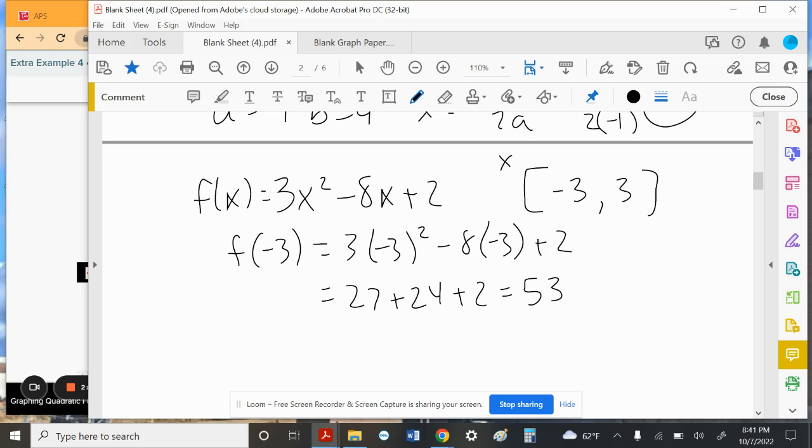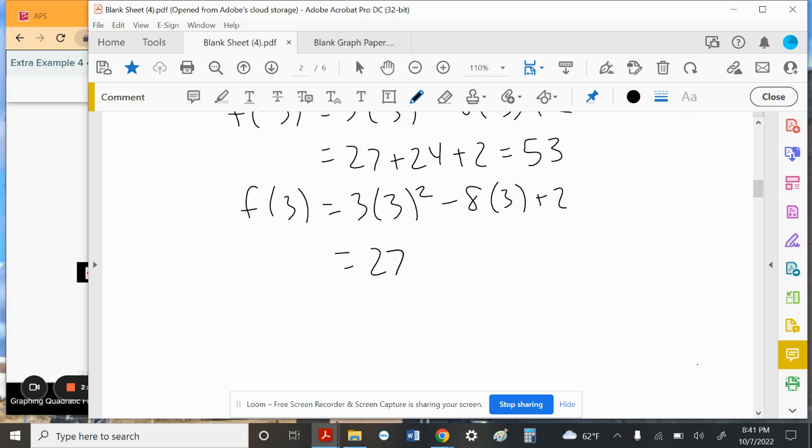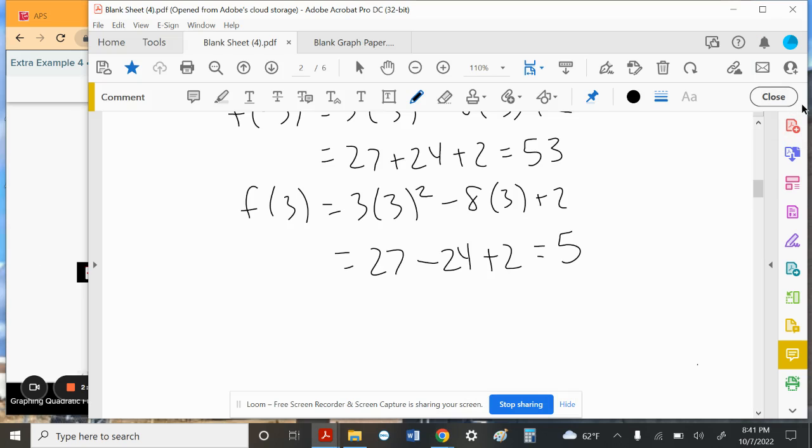Okay, so we have that particular number. f of 3 is 3 times 3 squared minus 8 times 3 plus 2. That is 27 again, minus 24 this time, plus 2. That is 3 plus 2, which is 5. Okay, so then the average rate of change is what we're trying to calculate here. I wanted to see if they called it anything, just to point it out if they did. So we want the average rate of change